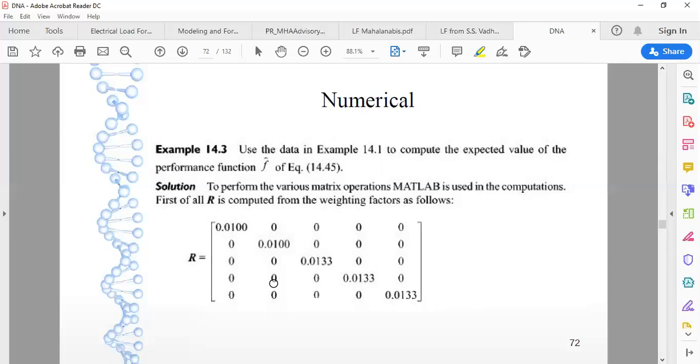If you solve this numerical, it will be easy to identify what is the covariance matrix, the variance matrix, and what is the expected value of E. So first, from the MATLAB calculation for a simple circuit, R is already given. R is nothing but the diagonal components. Here, the diagonal components have a value 0.01 for the first two, and next 0.0133. For the rest of the components, as we have assumed that the error of the first meter will not create any kind of impact on another one, the rest are treated as 0. So no off-diagonal elements are considered for this calculation.